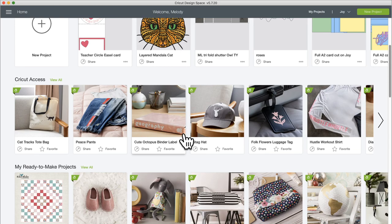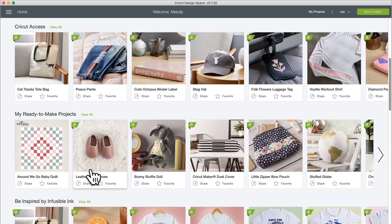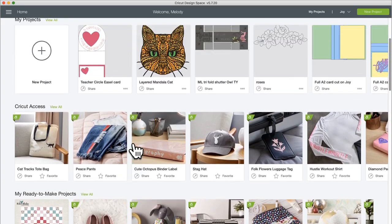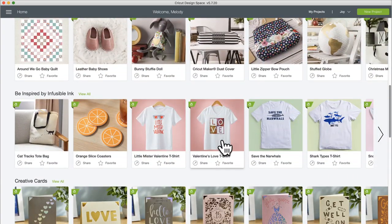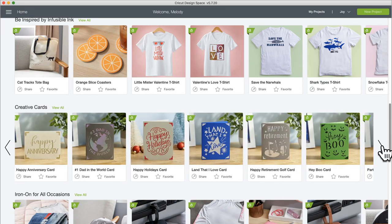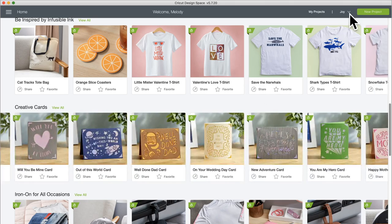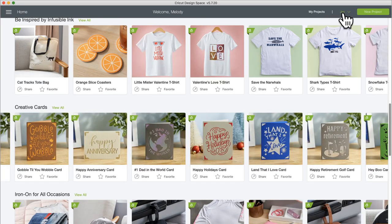But they don't have, so I don't know about these because these are fabric and I have the Joy selected and they said they wouldn't do that. But these, you can cut all of these on the Joy. Creative cards. These are different than what they showed when I had the Maker because these are the Joy insert cards. They don't have any other type of cards if you have the Joy selected because the Joy cannot do a score line. Now if I switch it back to Maker,